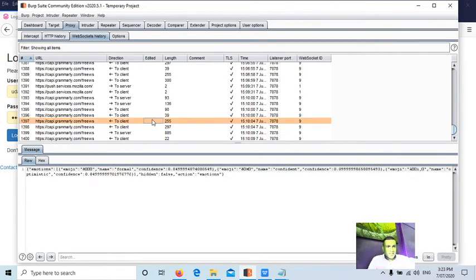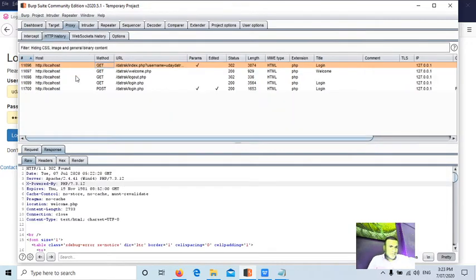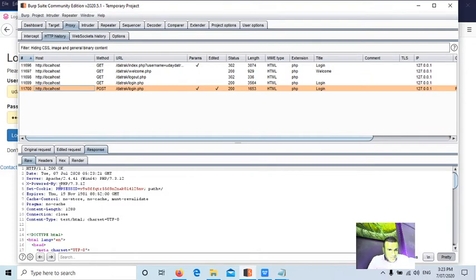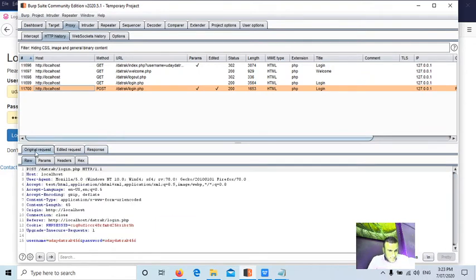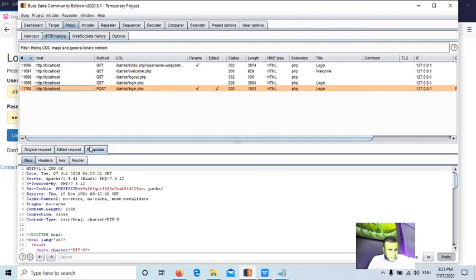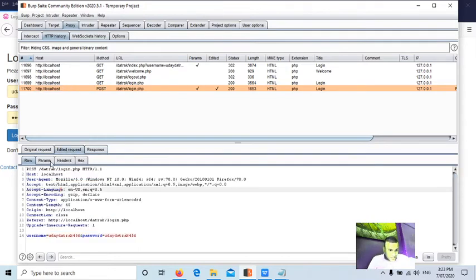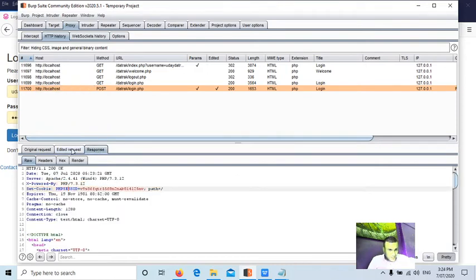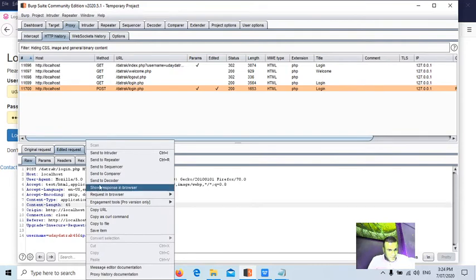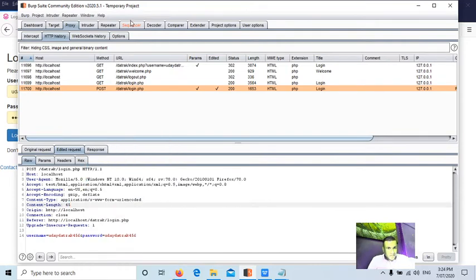Oh sorry, that is a WebSocket history, forget it, guys. Now when I send the username and password, this is the original request. If you see the tab, it was sending the session ID. The edited request, which we sent without the session ID, made the server create a session ID for this user. Now I have to take the edited request, not the original request, because we are forcing the server to create the session ID using the edited request. Right click on the edited request and send to Sequencer.